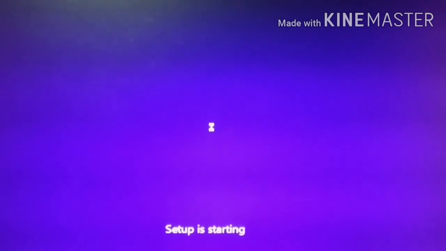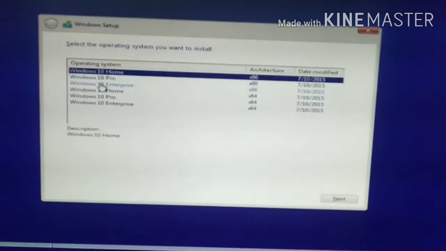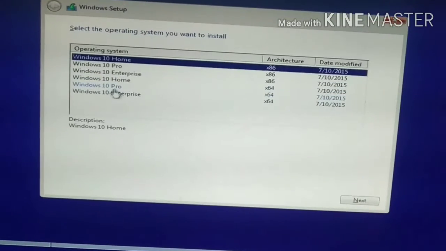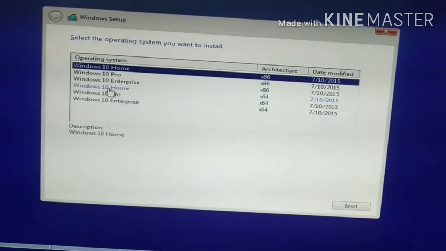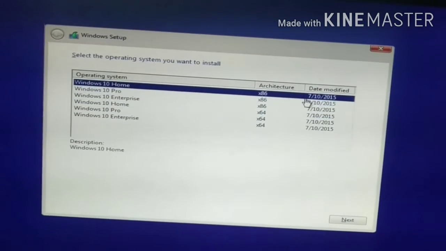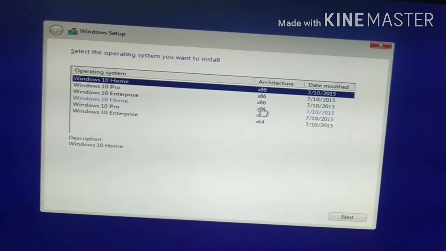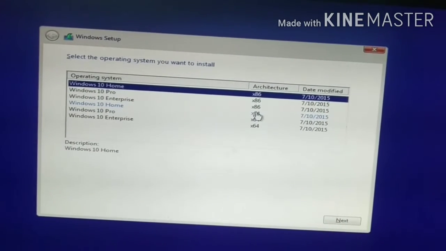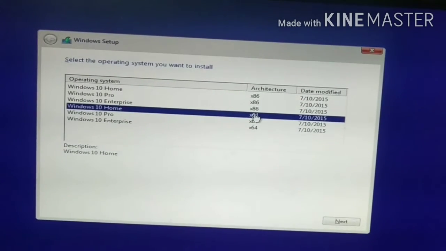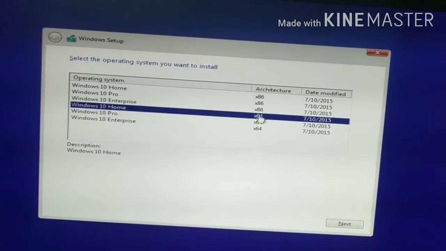The Windows setup is starting, and on the screen you have to choose the operating system. This is my 8th edition. For Windows 7 there are many types, like Windows Home, Pro, Enterprise. Here you can see 6 types of operating system, 32-bit and 64-bit. I recommend you install 64-bit, where any types of software are supported on your platform,